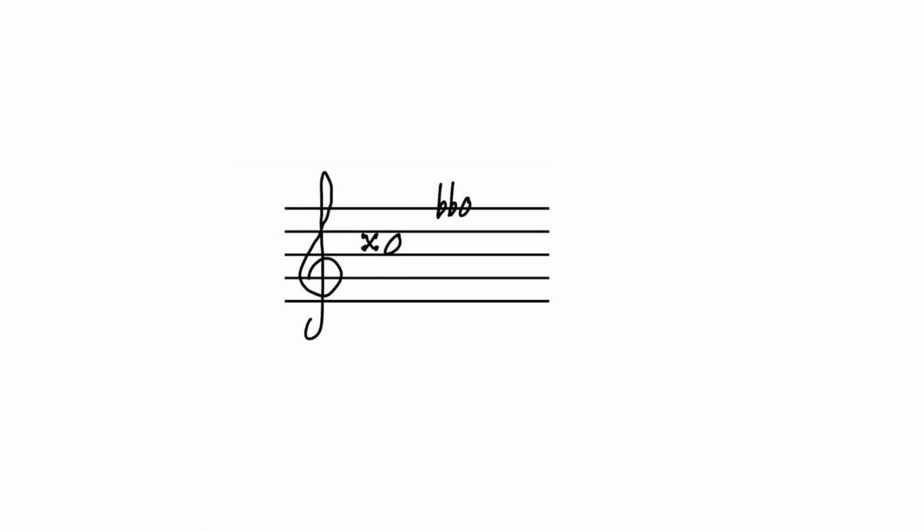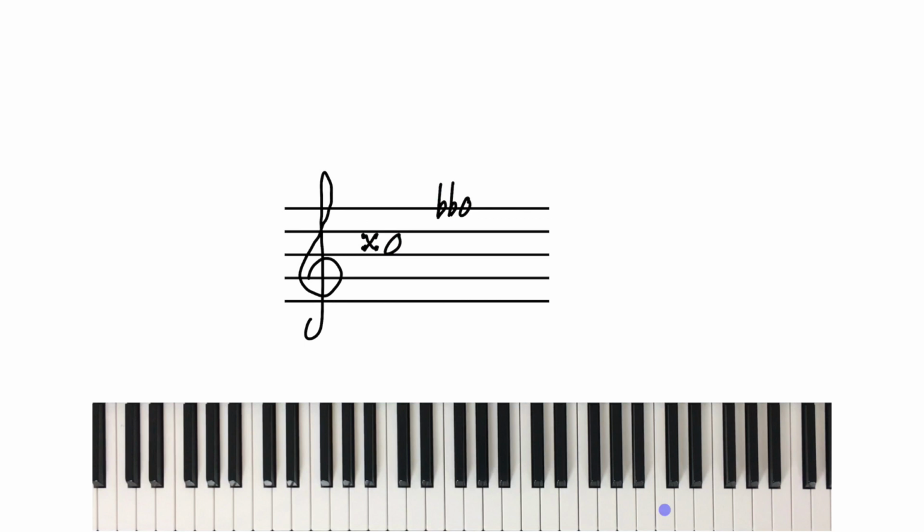In our final example, we have the treble clef, which we know is the G clef. If I use that G as a starting point, I can count up to find that this first note is in fact a C double sharp. And then I count up from there to find out that I have an F, but it's an F double flat. Again, it looks like there's a pretty wide gulf between those, but as I take a look on the keyboard, here's my C. I'll make it a double sharp, which means I go up two half steps, arriving at a note that's also called D. And then as I take the F, I know if I make the F a single flat, well, that's the same note I call E, but if I make it a double flat, that's the same note I call an E flat. It turns out that a C double sharp and an F double flat are only a half step away from each other.